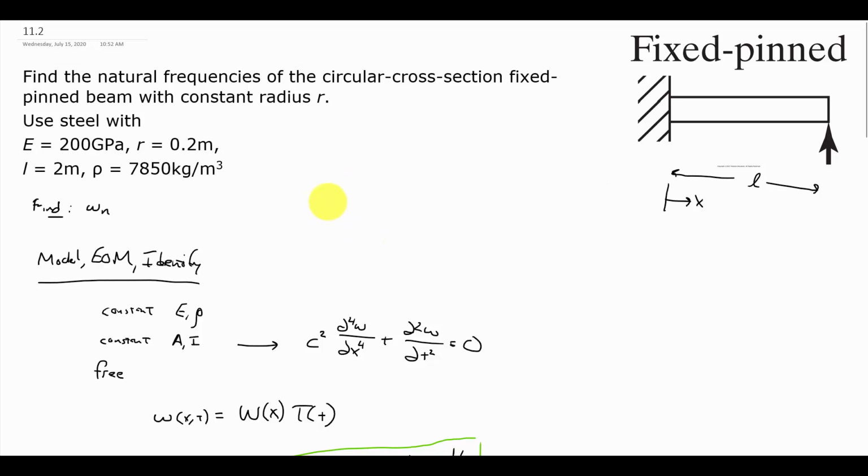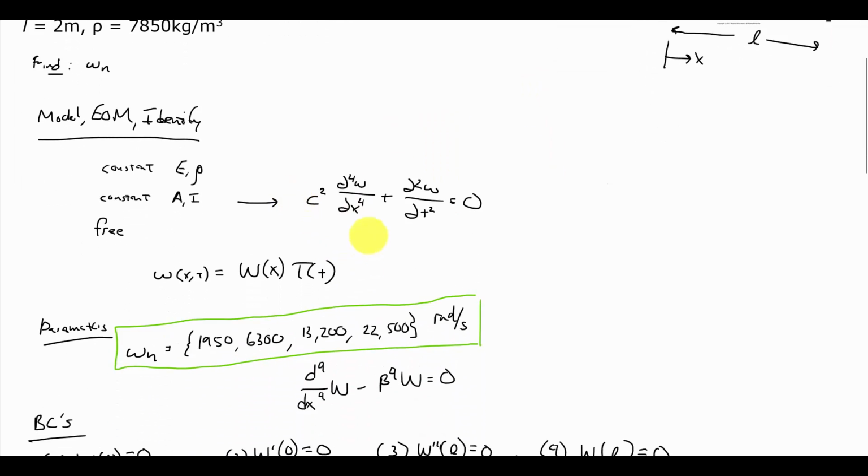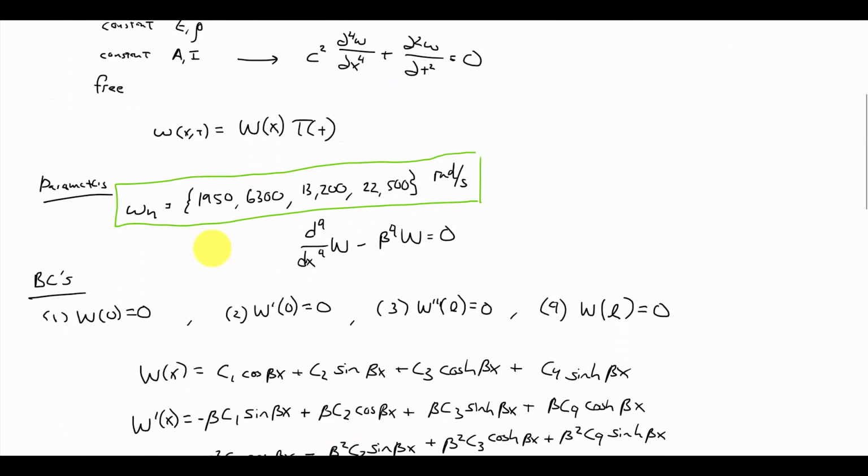Going back to the analytic solution, we were able to solve because our area and moment of inertia were constant, our Young's modulus and density were constant, and it was in free vibration. We were able to go through the steps here to find the beta values from the boundary conditions and then translate to the natural frequencies. In the previous example, we looked at the first 4 natural frequencies, although we could have found as many as we wanted. Let's just look at the first 2 to compare to what we have from the finite element solution.